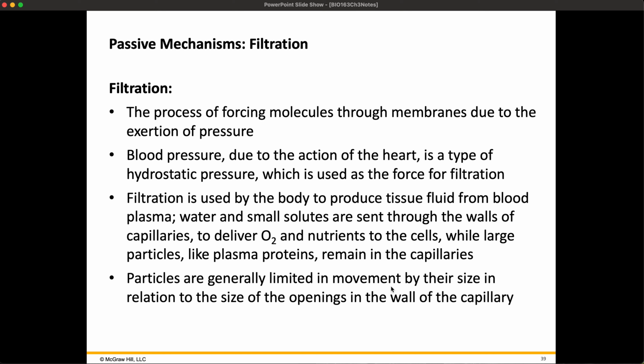Particles are generally limited in movement by their size in relation to the opening in the walls of the capillary. Again, this is why things like high blood pressure and an elevated heart rate put extra strain at the capillary level, and so you're potentially filtering extra stuff. You're filtering out proteins, which should be staying in your bloodstream, but because the pressure is so high, those proteins